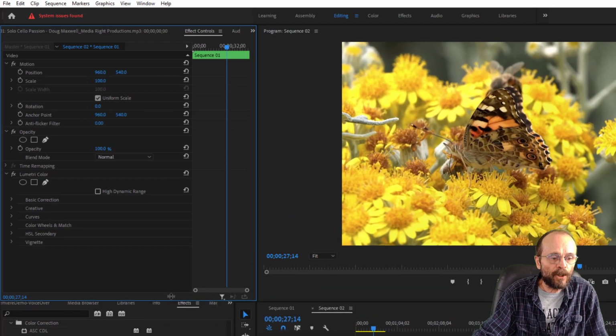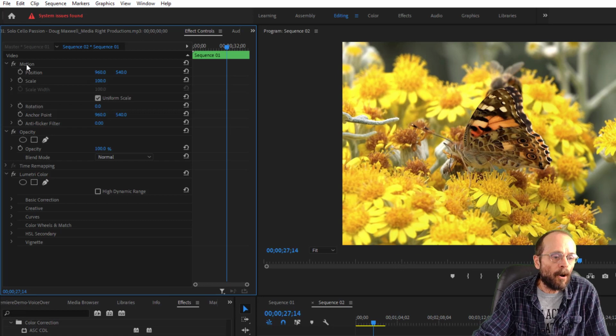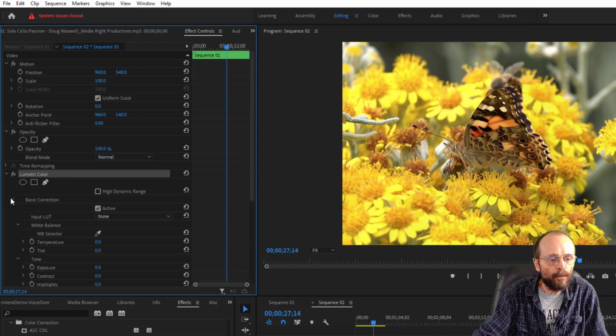And whenever you select a clip, the first ones are always there: motion, position, scale, rotation, anchor point, opacity. Same ones that they have basically in After Effects. And if you put an effect on there, or a transition, it also shows up. Here's Lumetri Color. And so Lumetri Color, if I just go to basic corrections, and this is not really what I want to do, and it's beyond the scope of this little mini demo to go into detail,